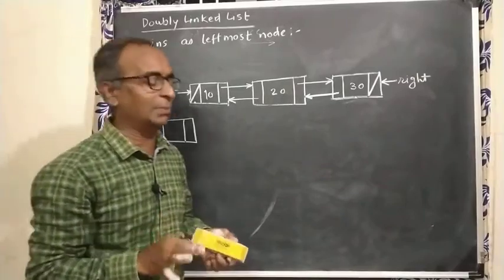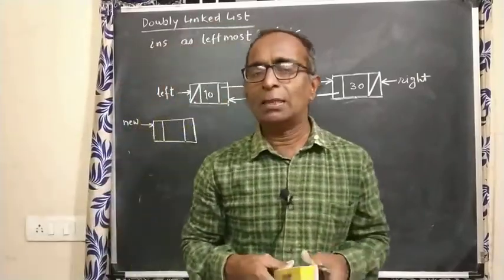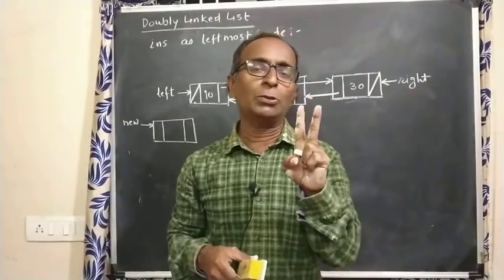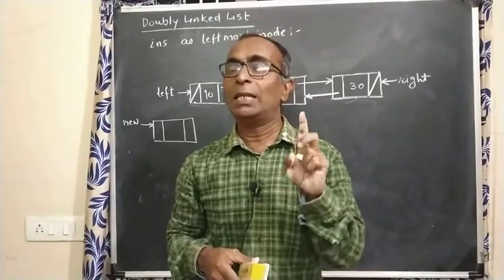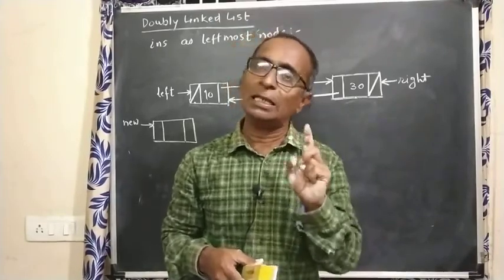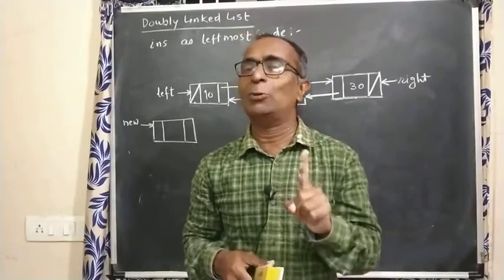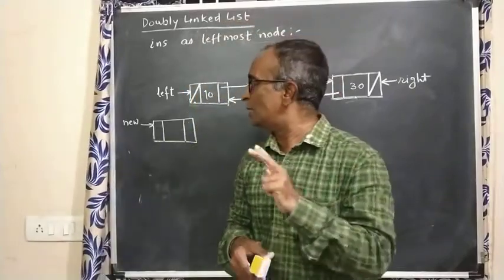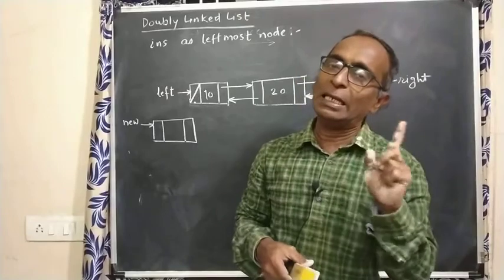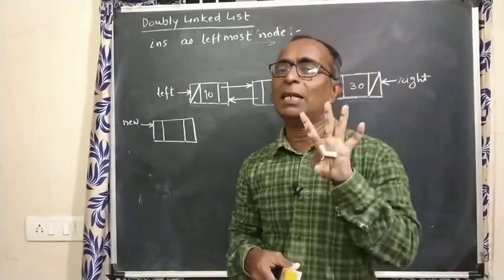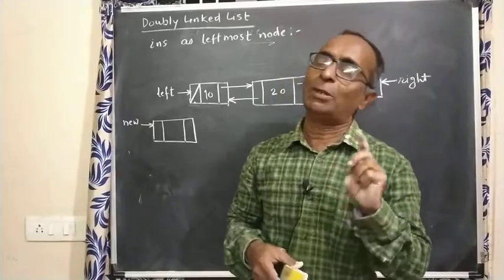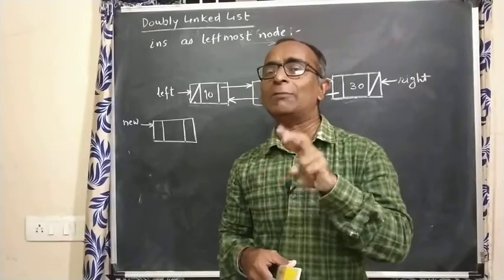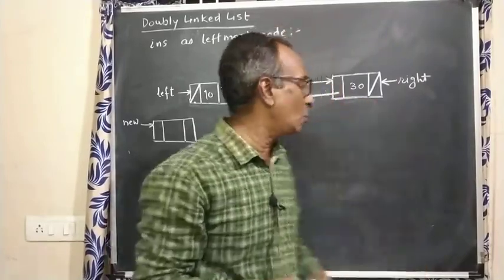I'll show the pointer adjustments. Now keep in mind, in singly linked list we have seen in any insertion case, 2 pointers you need to adjust. In case of deletion operation in singly linked list, 1 pointer needs to be adjusted. Now double this for doubly linked list. How many pointers do we have to adjust for insertion? In singly linked list 2 pointers, in doubly linked list we have to adjust 4 pointers. And for deletion, in singly linked list 1 pointer is adjusted, in doubly linked list deletion we have to adjust 2 pointers. Keep this in mind always.